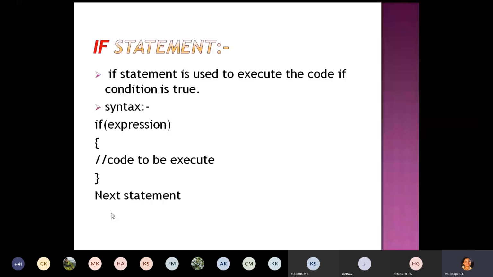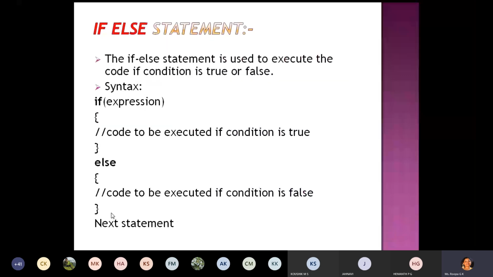Okay, fine. What next? The if else statement. If the condition is true, one block of statements will be executed. If the condition is false, then another block of statements will be executed. See, it's a syntax. If, same as the previous one, open the flower bracket, write the code, close the flower bracket.